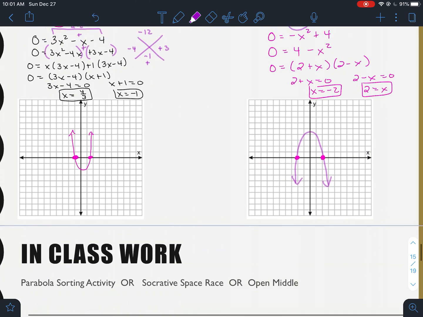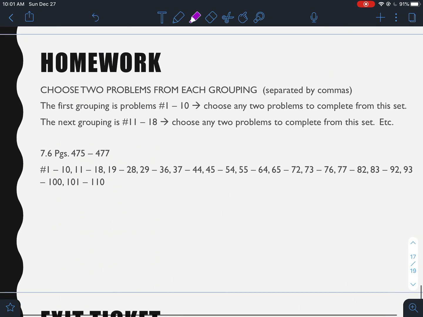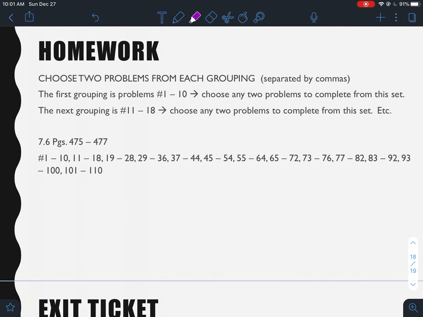And so that is how we factor and solve quadratics or polynomials and what we use them for when we're graphing. Your homework is on